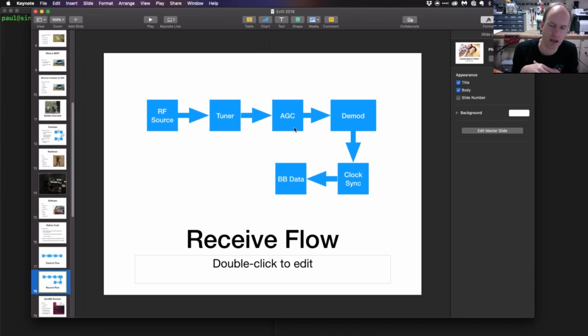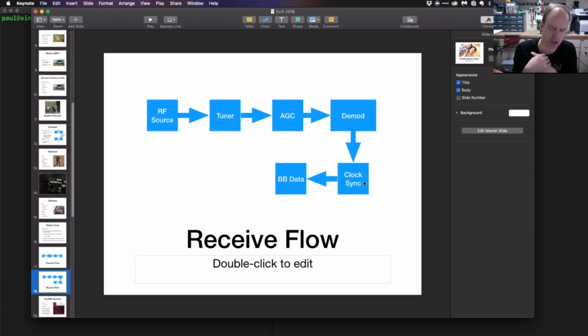The automatic gain control that I implemented here was just a way to resolve that. It automatically adjusts the magnitude of the signal to get around that issue. And then demodulation is just taking the tuned signal that we've got and saying, okay, are these squiggles here a 1 or a 0? After that distinction is made, we have to do probably the most complicated part of all this,